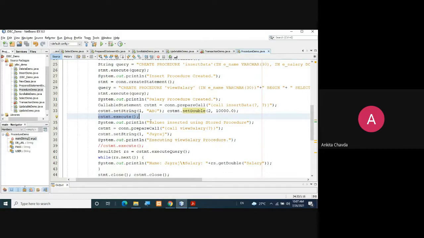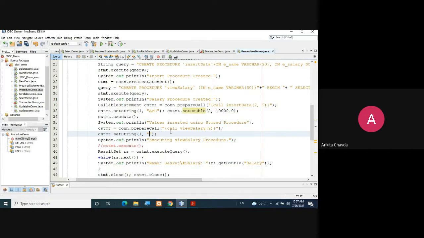Second, here it will print "values inserted using your stored procedure." Second, you want to call view salary here, right? So view salary you have performed here via the employee name. You can even create one more column, the employee ID, and you can view it via the employee ID.